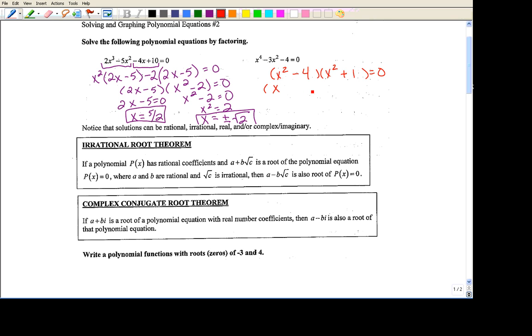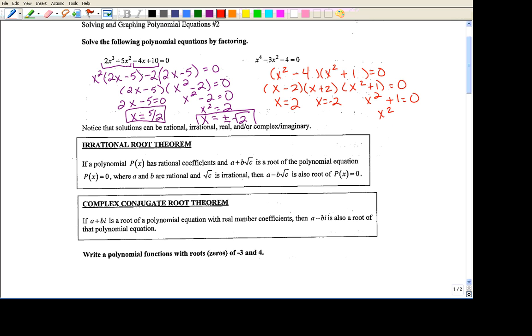So you could choose to write them out x minus 2, x plus 2. Or if you wanted to, you could even just take x squared minus 4, set it equal to 0, and solve the same way. Either way, it doesn't matter. So we have x squared plus 1. If I set each of these things equal to 0 and then solve for x, I'll get 2 here. I'll get a negative 2 here. And then for this one,